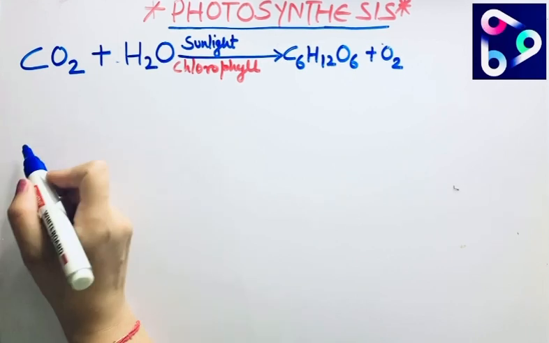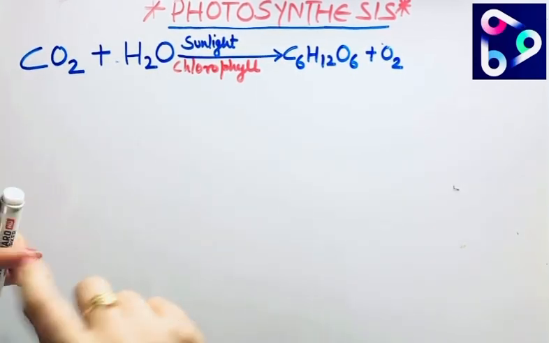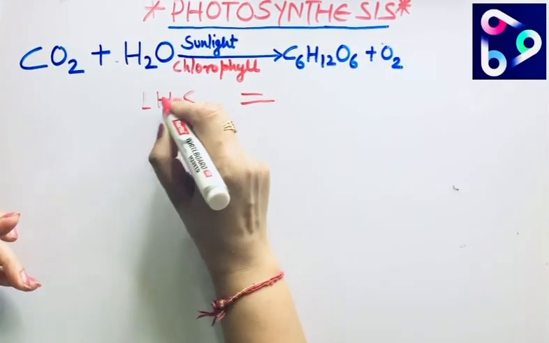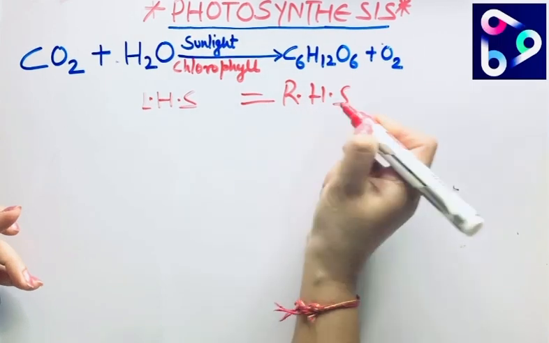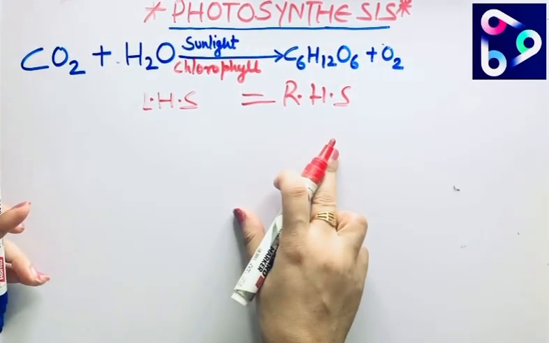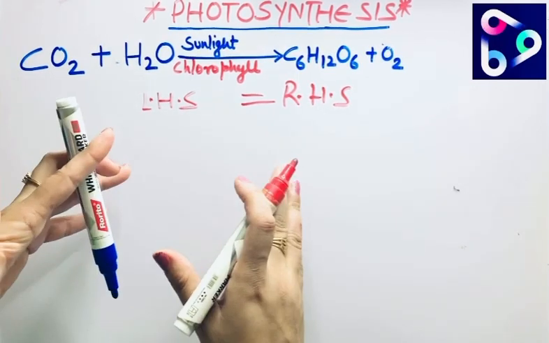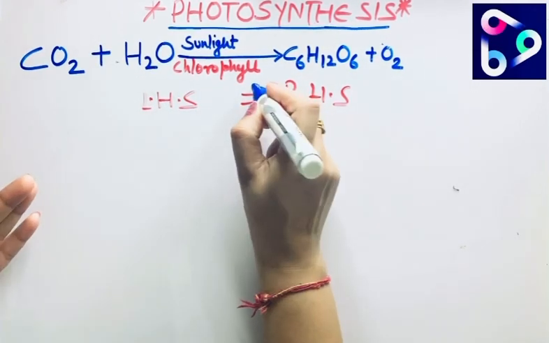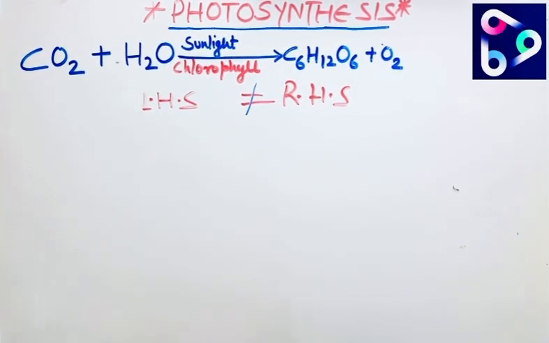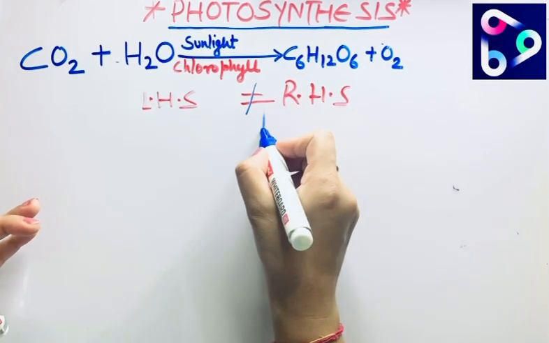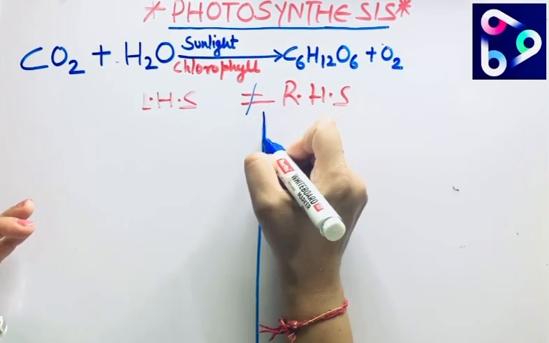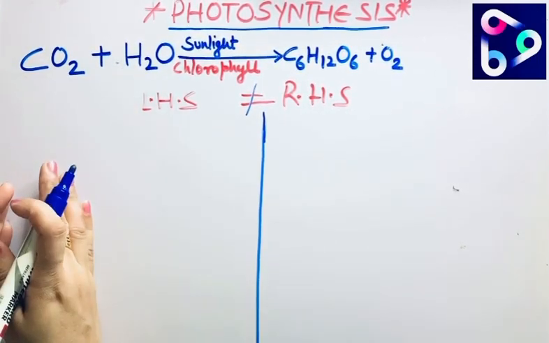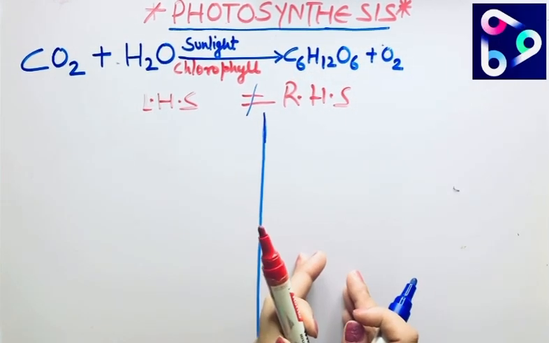So let's start the balancing. In maths we always do left hand side equals right hand side. I hope you have studied this concept. In mathematics we have to do it, but here this concept is not followed; left hand side is not equal to right hand side, and that we have to fix. To make balancing easy, first I will write whatever is on my left side here, and whatever is on my right side here.